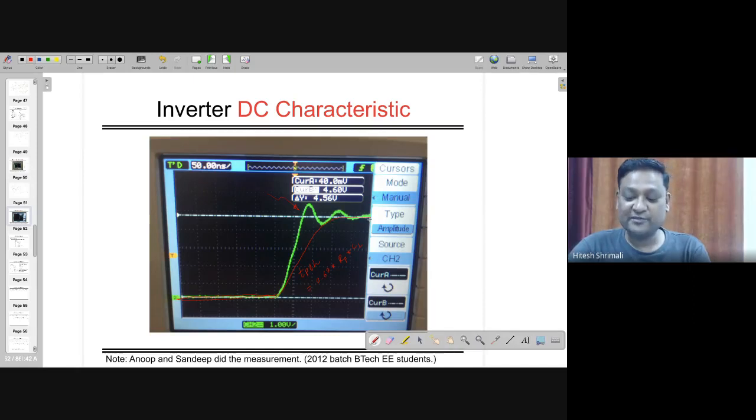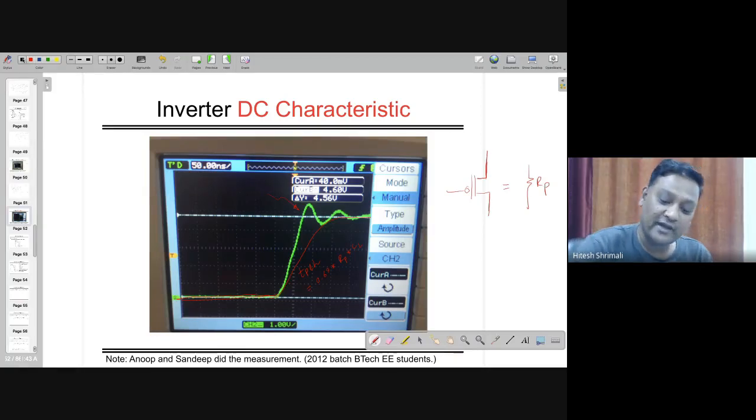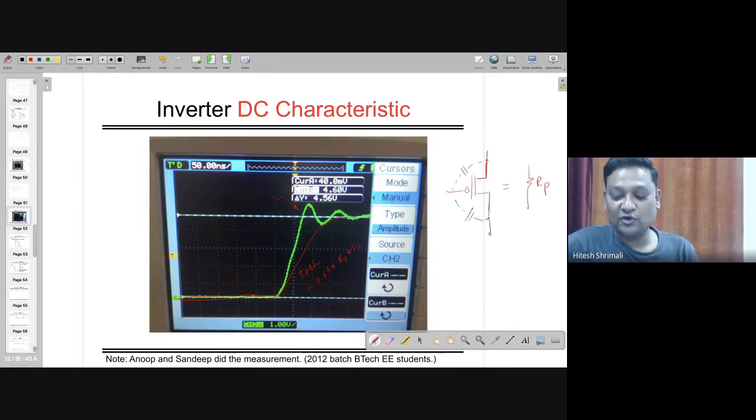So how are these fluctuations coming? Because we have not considered the fact that NMOS and PMOS are actually working at high frequency. They are not working at low frequency, where we considered just a resistance. But you are going to have so many parasitics, overlap capacitance, junction capacitance, and other things. On top of that, the probe will have its own dynamics, and when it is connected here, altogether it becomes a second order, right? So all these things depend on that, and that has to be found out.